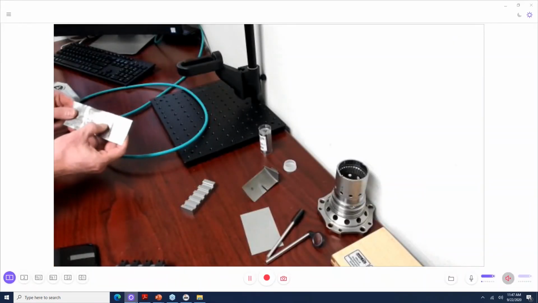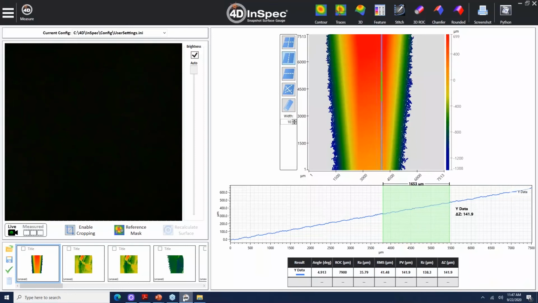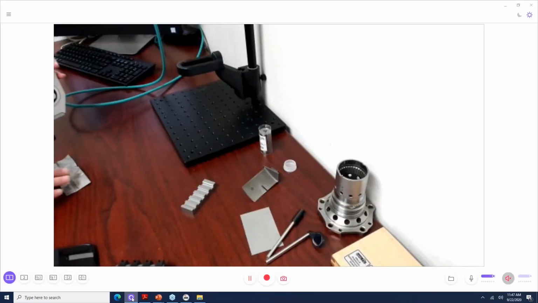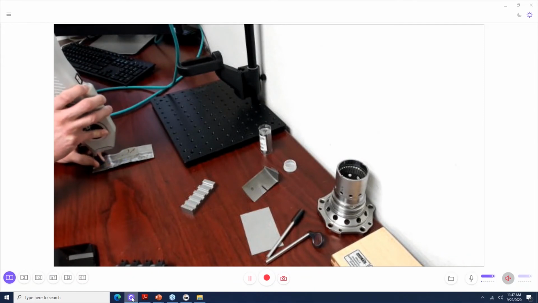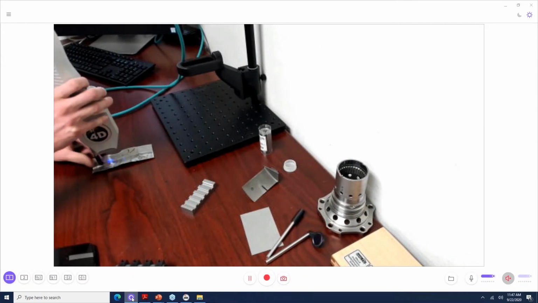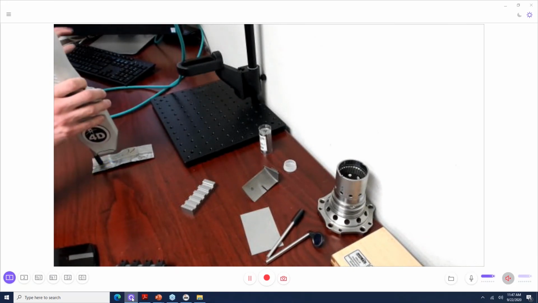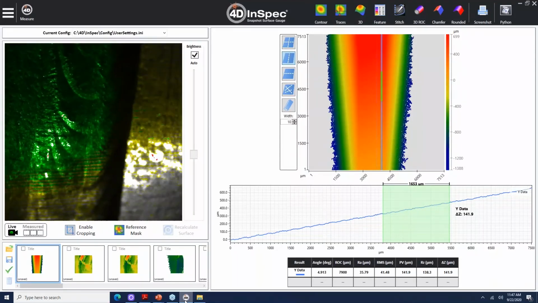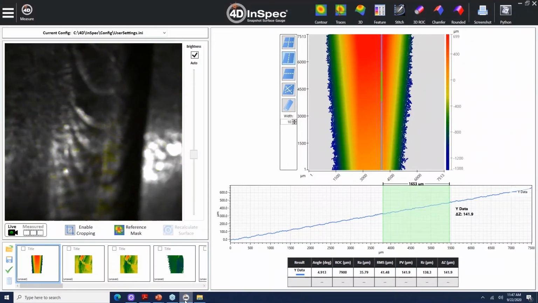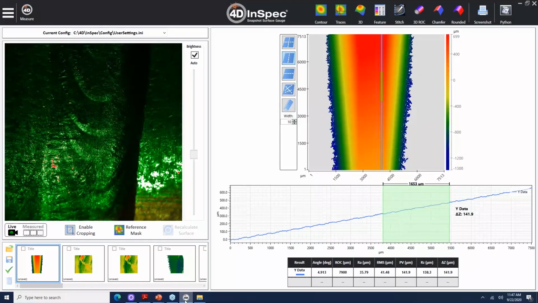We have a weld along here. I'll take a quick measurement with the InSpec. And just like the other measurements, I'm just going to put this up to this part and get the right focal length, and then click this button and get a surface map out of it. So here's my weld. It's my live video. Get it into focus like that. Go ahead and